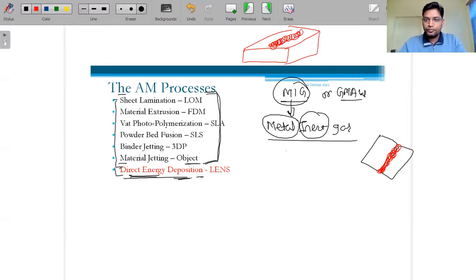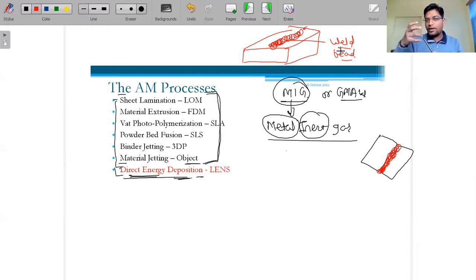Okay, like that, like this. So this we are calling a weld bead. If we are making this weld bead, then why can we not manufacture with it? One layer is formed, then we can form another layer over that, then we can form a third layer, like that. Why can we not produce the materials?